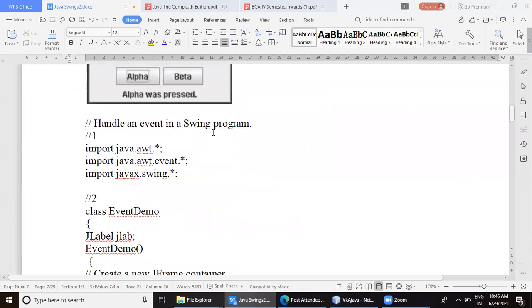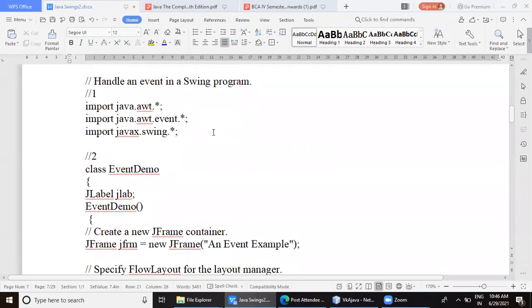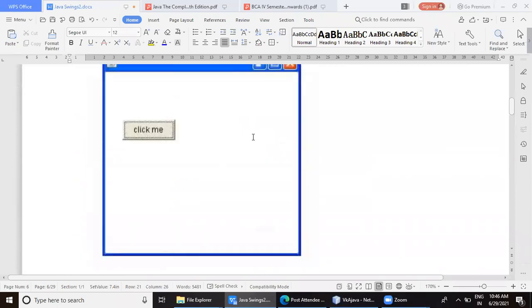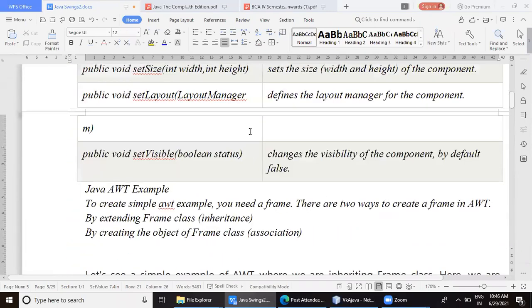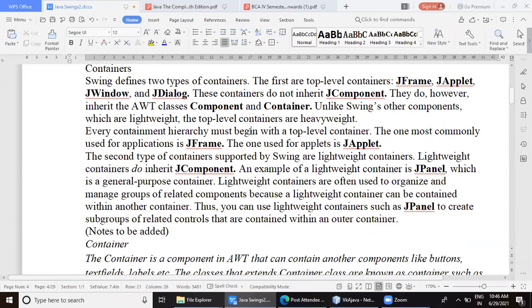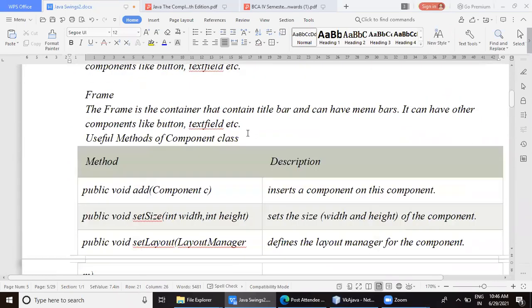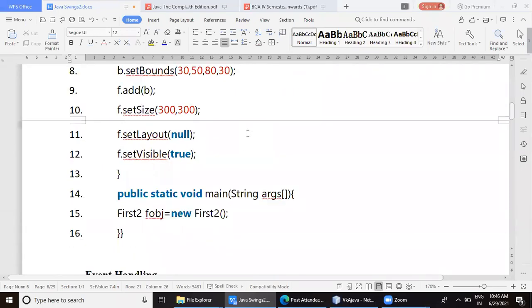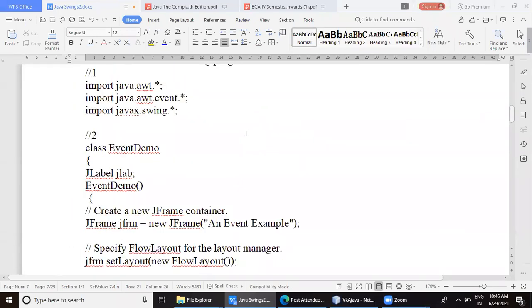In the textbook, the program they have given is also going to handle events. All of you know event handling in AWT; we have already seen it.